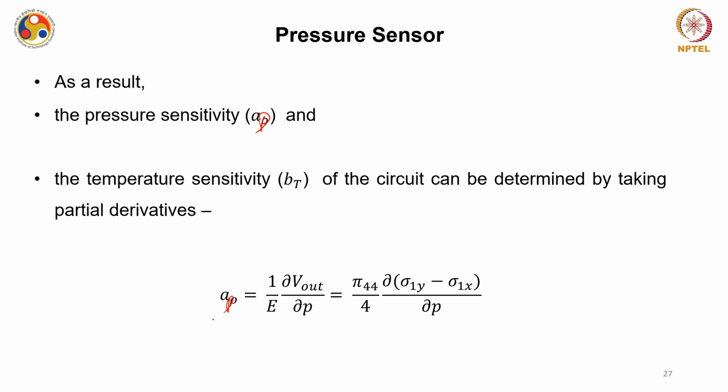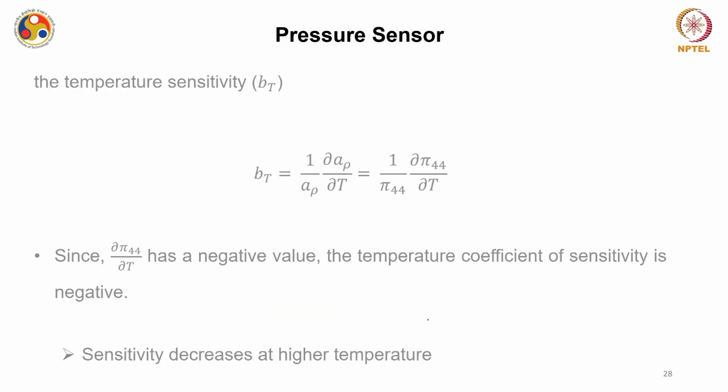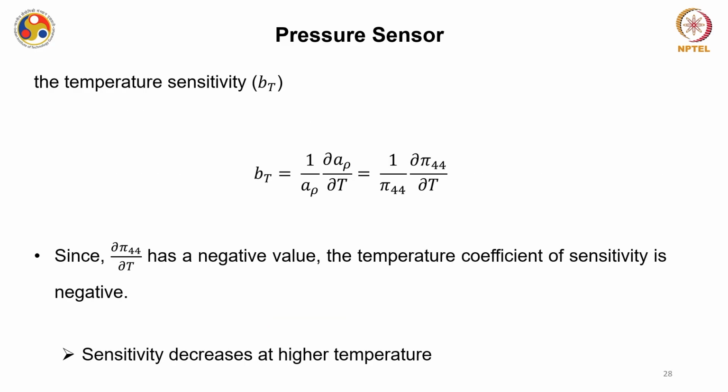So, AP, the pressure sensitivity, is given as 1 by E, the excitation voltage, into del V out by del P, or this is equal to pi 44 by 4 into del of sigma 1y minus sigma 1x by del P. Similarly, the temperature sensitivity BT can be given again by partial derivative, and it is given as